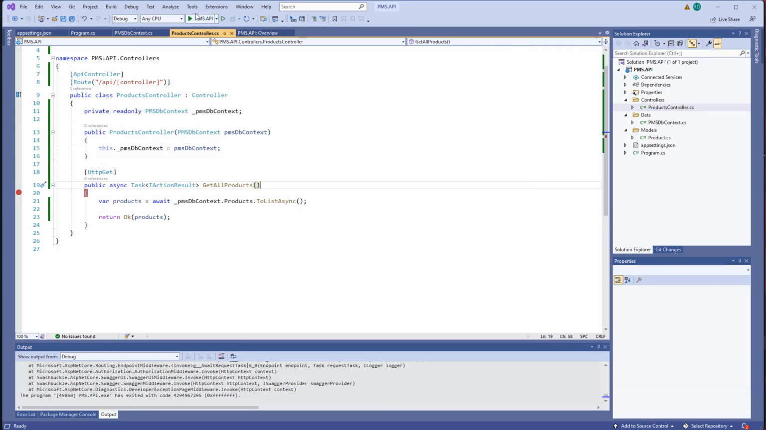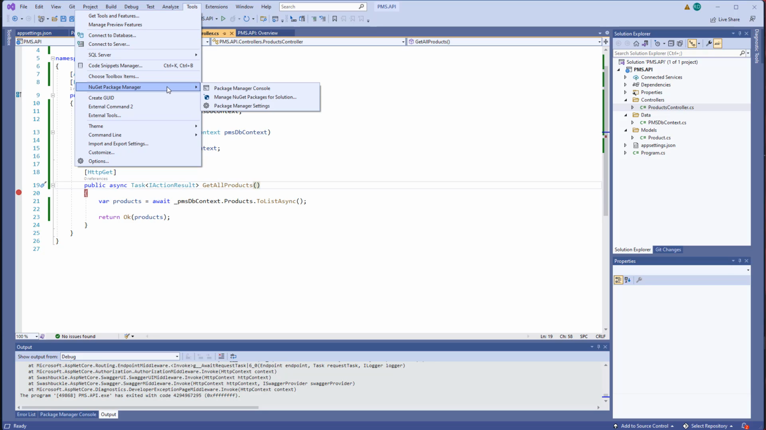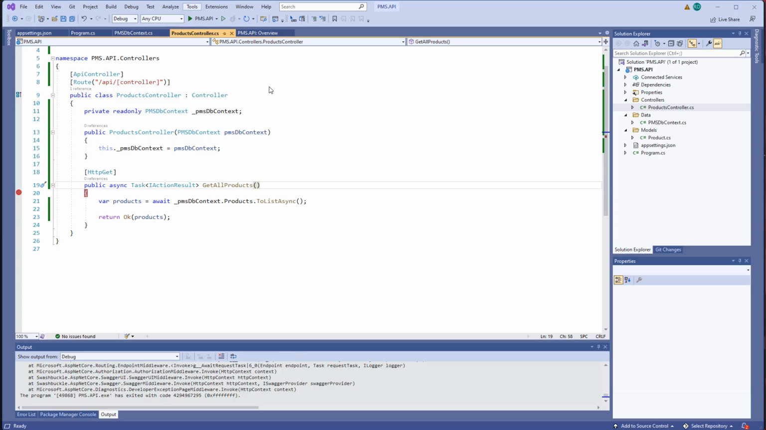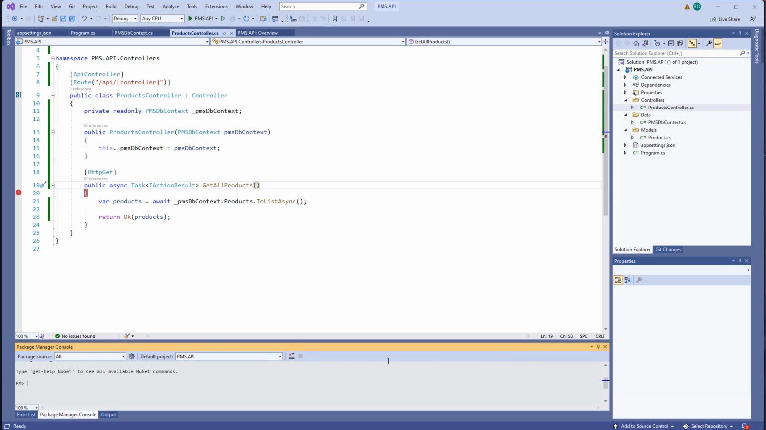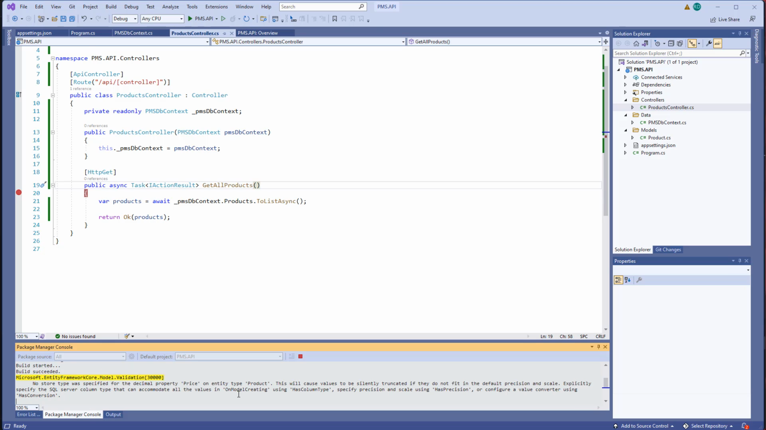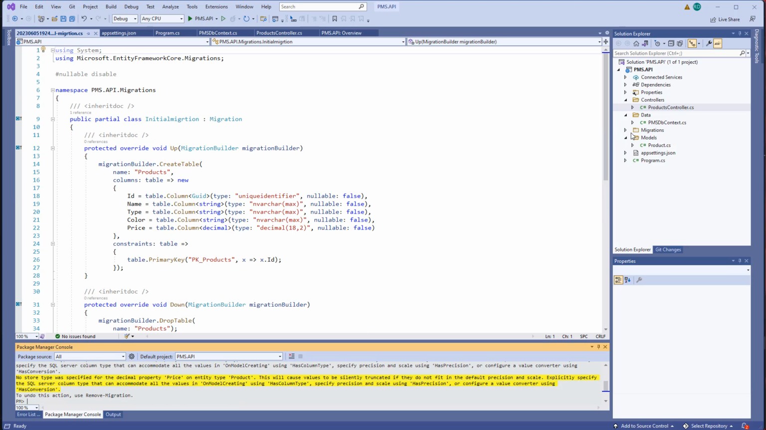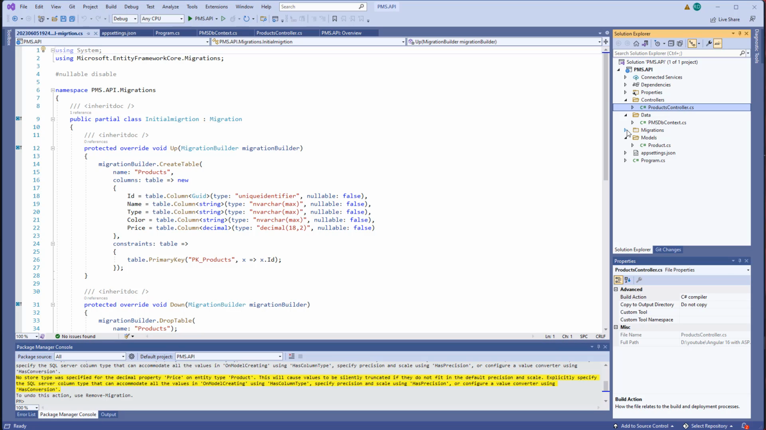Now let's create the database migration. So from the Tools, NuGet Package Manager, go to the Package Manager Console. Okay. First of all, I would like to add add-migration and give it a name, maybe InitialMigration. You can give whatever name you want. Okay, and you will see we have a folder called Migrations. Okay,